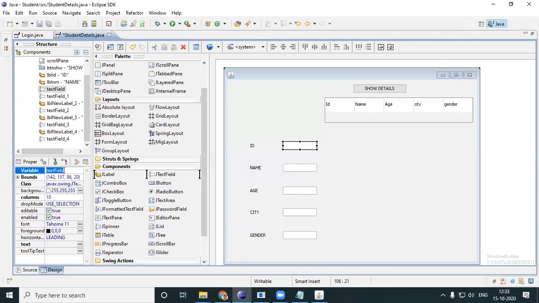Okay, this one is text of ID. This one is text of name. This one is text of age.